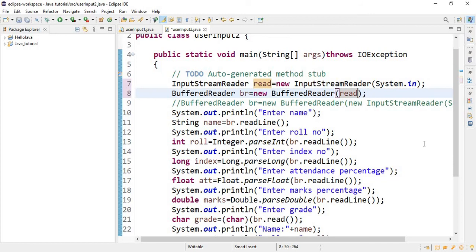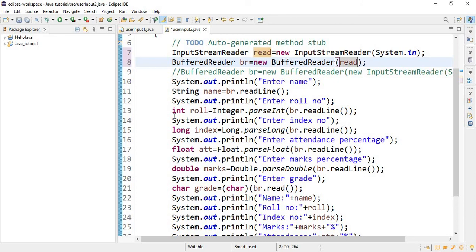In BufferedReader, for taking a string type input, we will have to use the readLine function. This readLine function will be invoked by using the object br, and the string input will be stored in the string variable name.